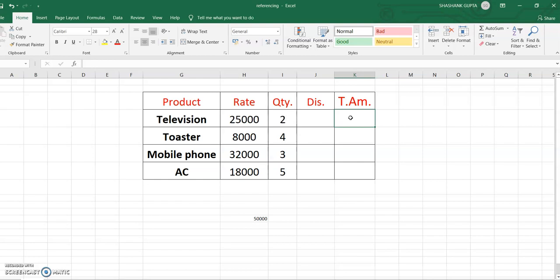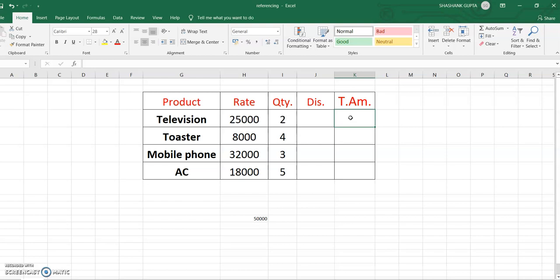Relative referencing is the default cell referencing which is used by the Excel application software. In relative referencing, cell references of the cell containing the data change when the formula is copied from one cell to another cell. There are two things basically.